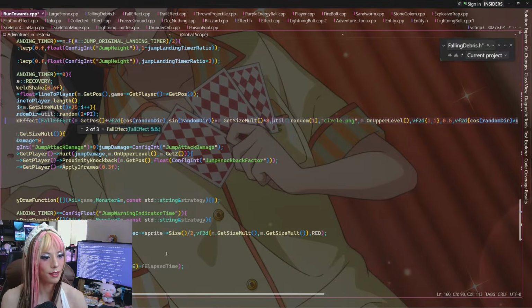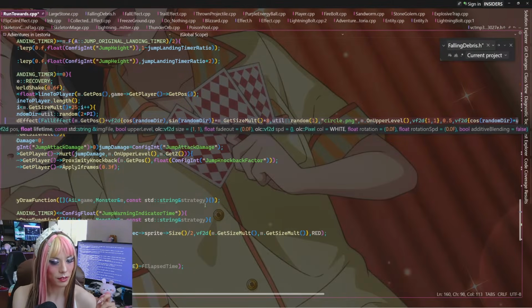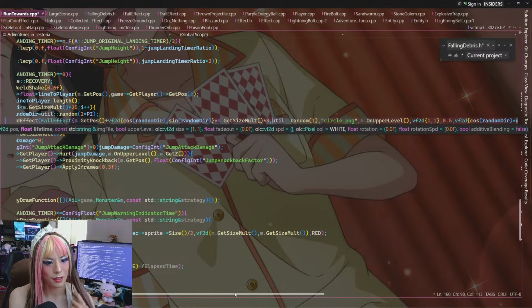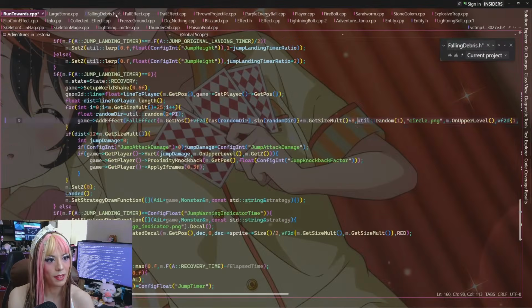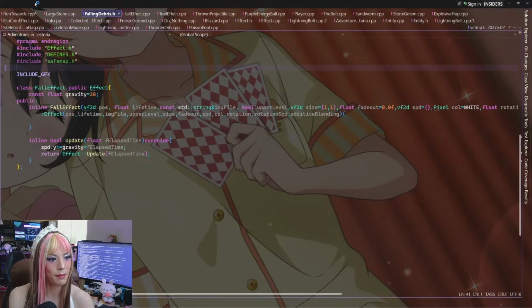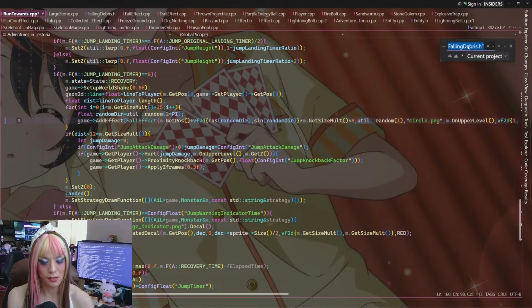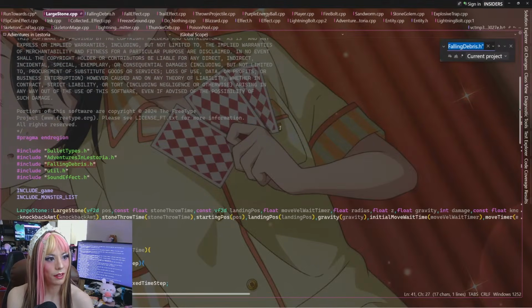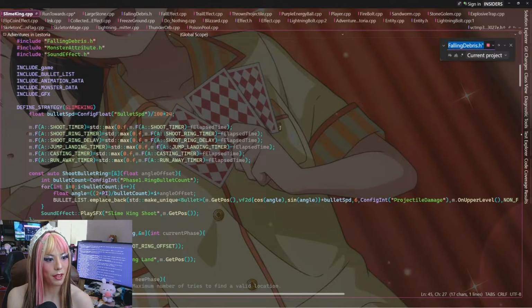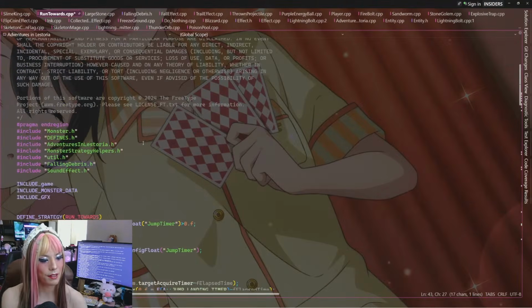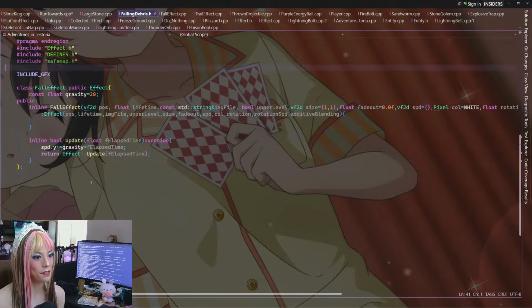Is this the... Oh, this is the lifetime. Okay, so this is also using the one in this header file, the lifetime. So we have 2 for that one, and those are the only places in my code base that use it. So we never used the one that was created under falling effect.h. So I guess this is the code we are implementing then. We have no use for the other one.